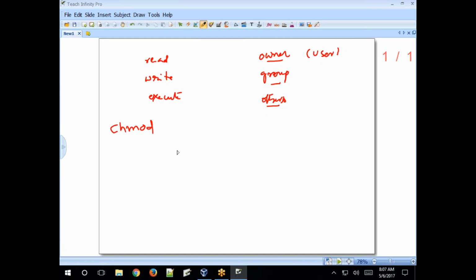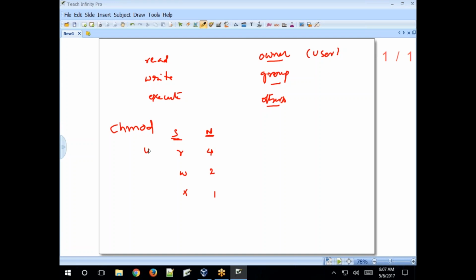In the symbolic method, read is denoted by R, numeric value 4. Write is 2. Execute is 1. This is the symbolic method and this is numeric notation. How to denote user?